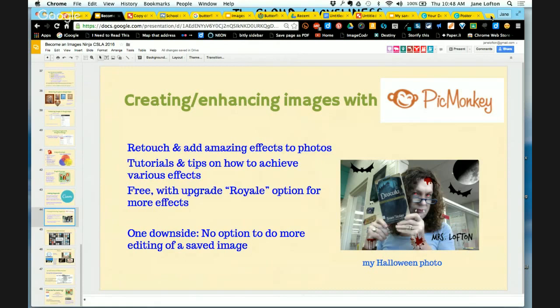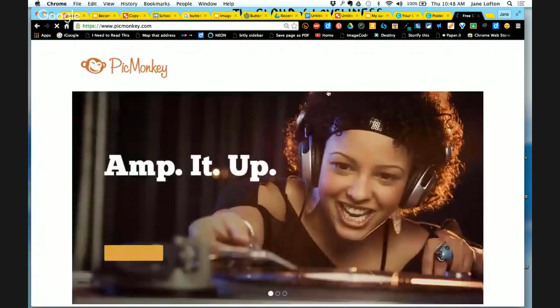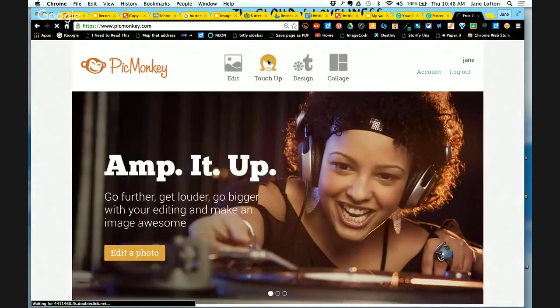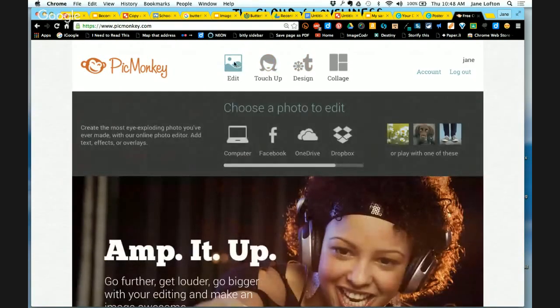They had Halloween. I'll show you real quick. I'll show you Valentine's Day. And then we're going to be out of time. So there's different options for creating collages, design, edit. Edit brings the whole photo in. Design is where you have a blank canvas and then you import the photo. I'm going to just edit